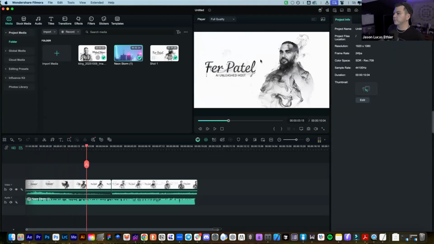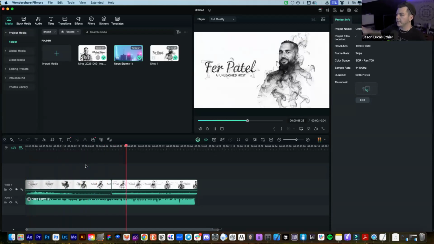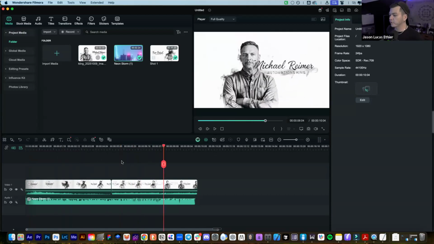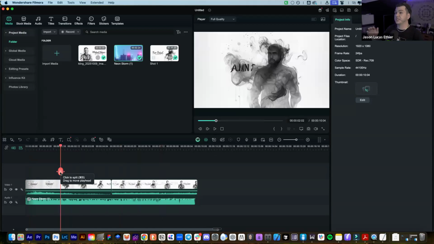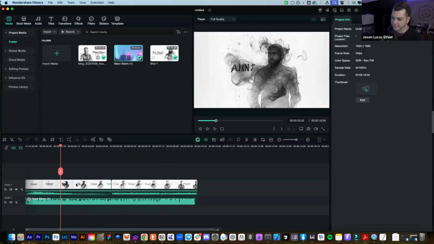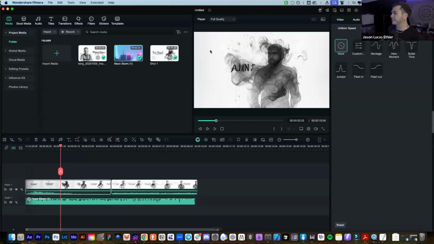Okay, so you see, that's way too long, right? The time where the transition occurs is actually too long. This is cool. We want to see a little bit of that, but then this has to happen fast. So the long version is I show you how to identify the music beats, put a marker, and then go there and make the thing faster exactly on the beat. The realistic version is I show you how to speed ramp, you figure out your timing. But the speed ramping, at least in Filmora,